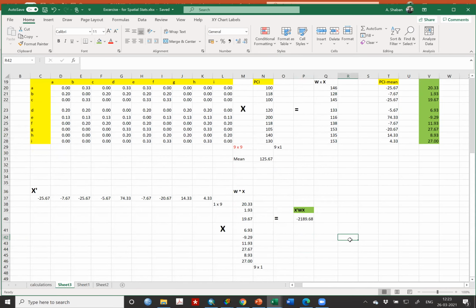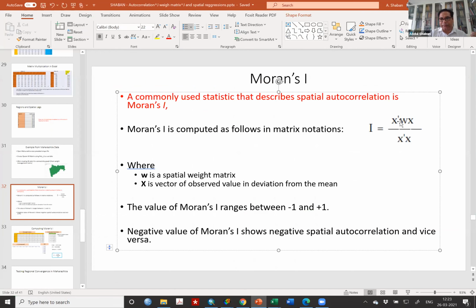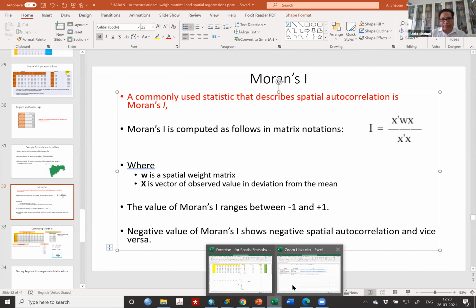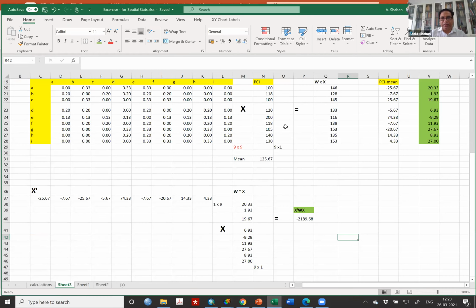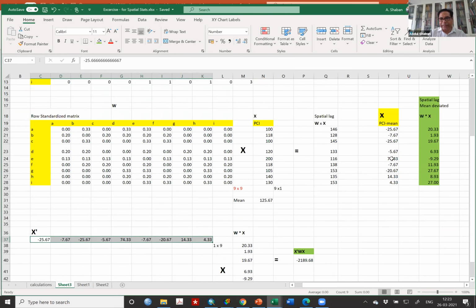Now I go to another calculation, the numerator of the formula. The first one you have computed. The second one needs to be computed: X transpose X. It is easier for all of you, because you have X here and X transpose here, the mean deviated values.